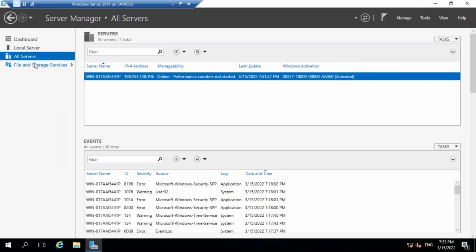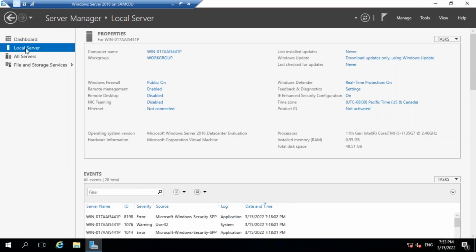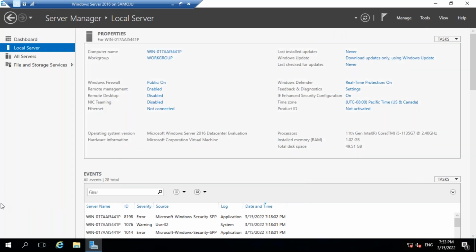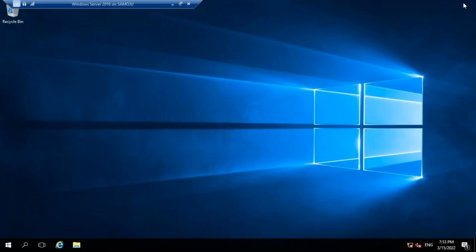Just expand it and go to local server and go to manage. Here you will be finding add roles and features, remove roles and features, right? So add roles and features. Just go to start and write it down as installing roles,